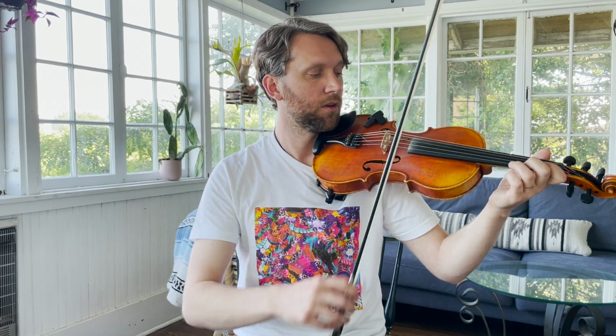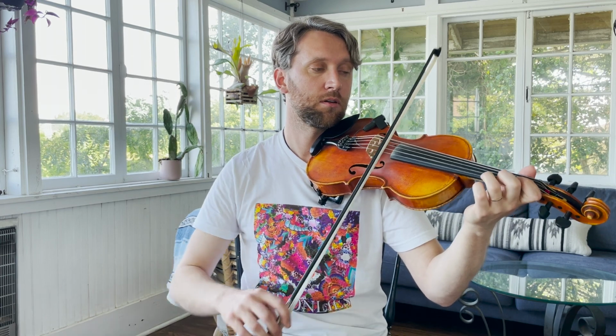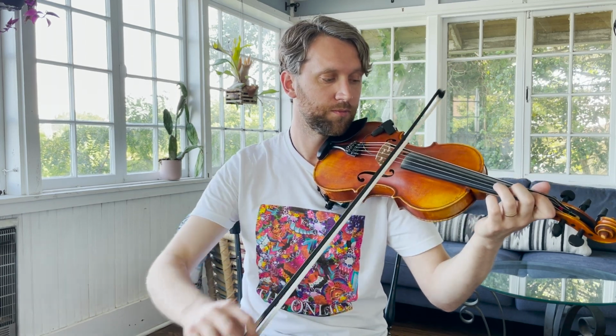So that's a good point of reference for this open tuning. We're going to be using our second and third fingers on the E string, in the places where you'd normally hit G and A. So let's have a look at that first phrase. It's going to go like this. I'm going to keep a basic shuffle going on this part, so we have this rhythm going with the bow. And the melody again is...